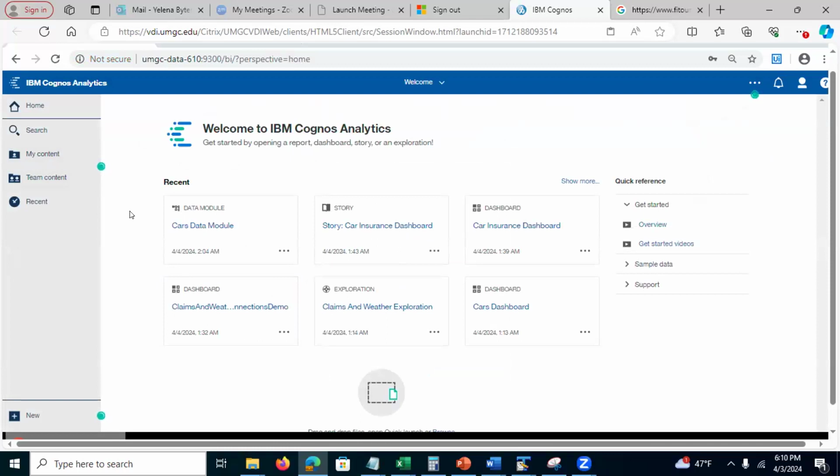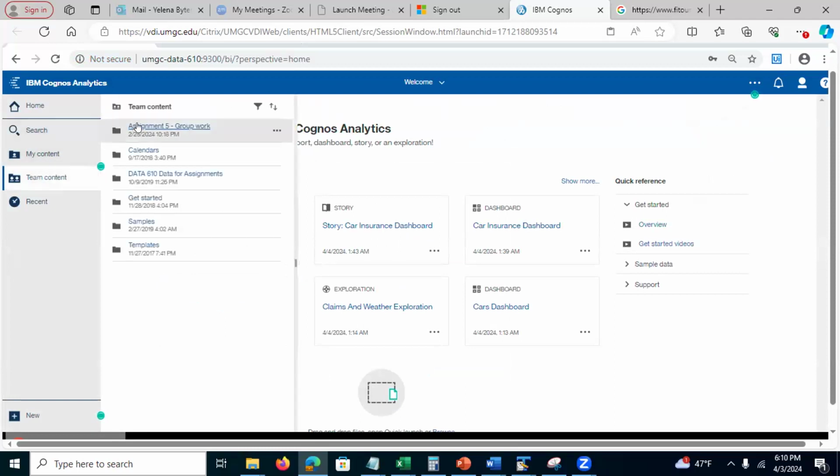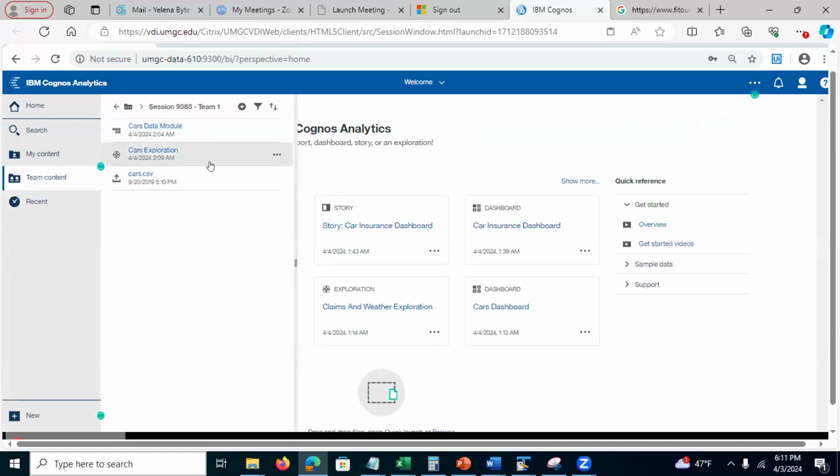Well, see, that's where I was before. And I see the work that my teammate did. I go to team content, not see this, I go to assignment 5 group work. There we go. And see that's cars exploration that my teammate did. All right? So just understand how you will be working together, but you cannot edit the files at the same